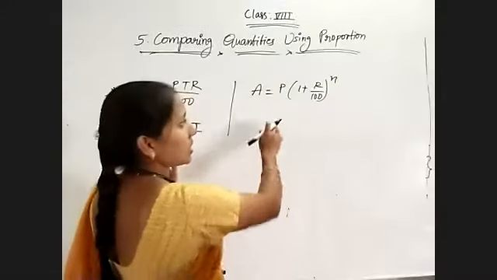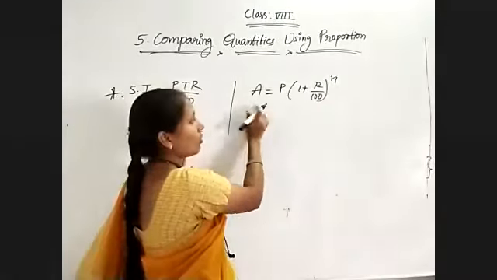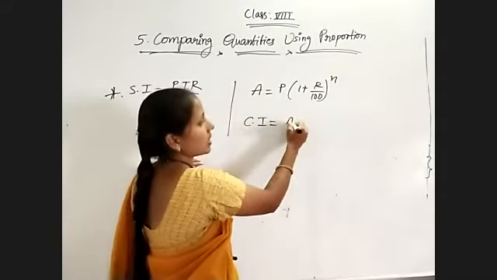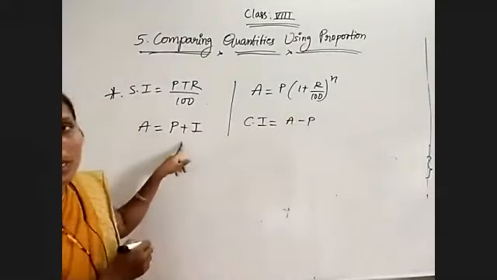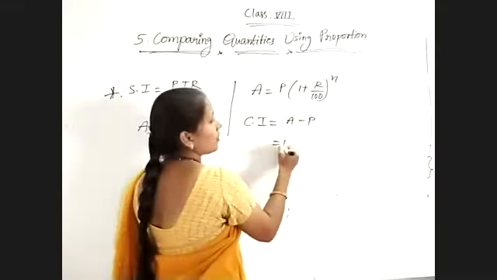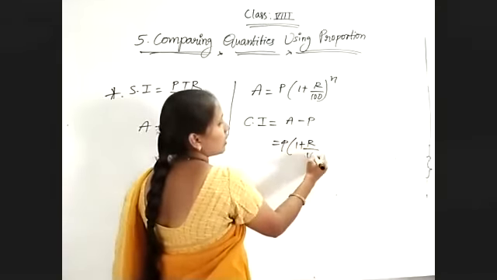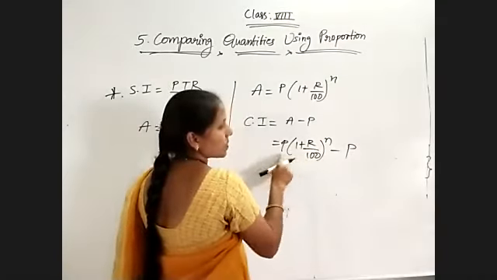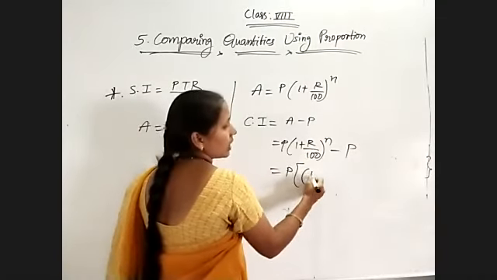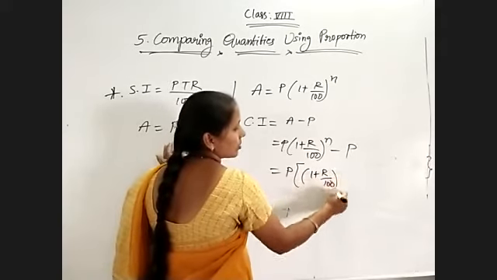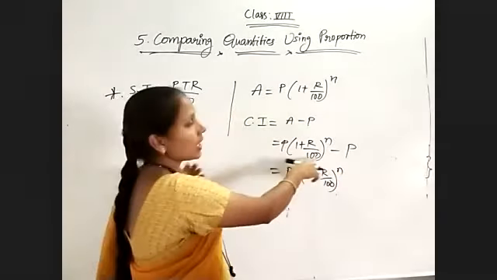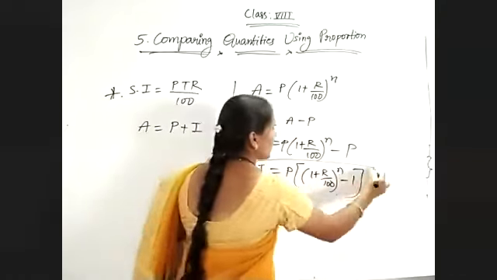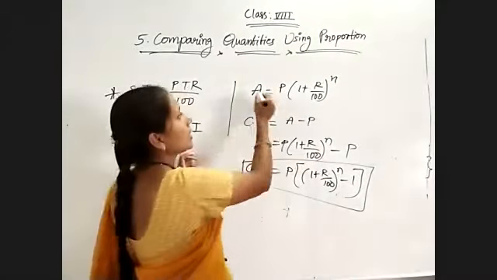Now this is the original formula for compound amount, and compound interest is given by the formula amount minus principal. Yes or no? Interest is nothing but amount minus principal, and here the amount is P into 1 plus R by 100 whole to the power of N, minus P. From these two terms, P is common. So take out P, then 1 plus R by 100 to the power of N is left in the first part, and in the second part 1 is there. So this is the final formula for compound interest, and that is for the amount.